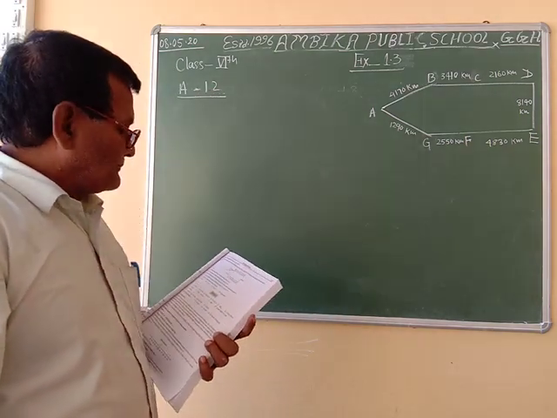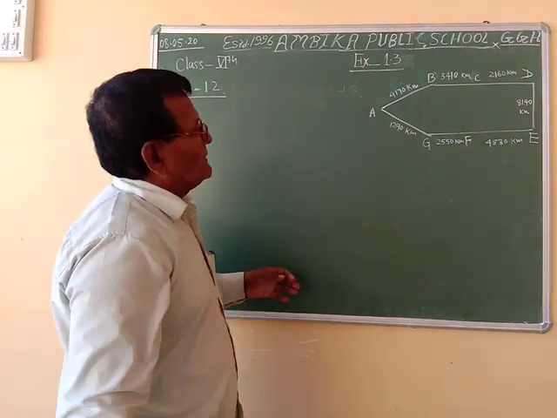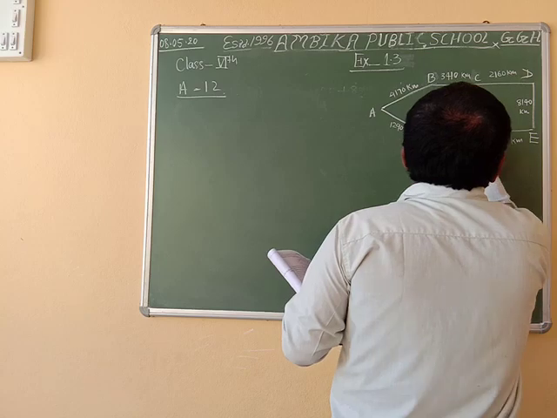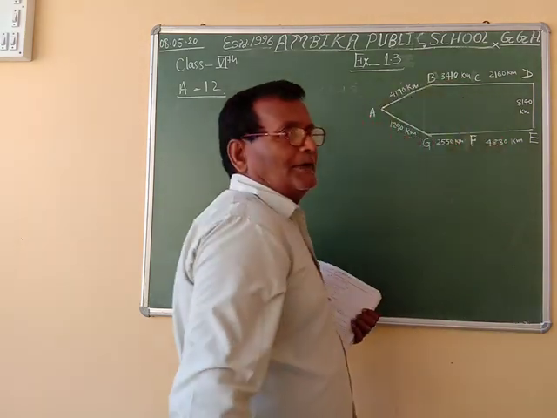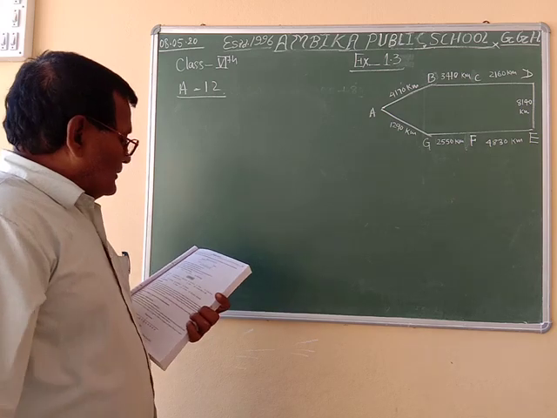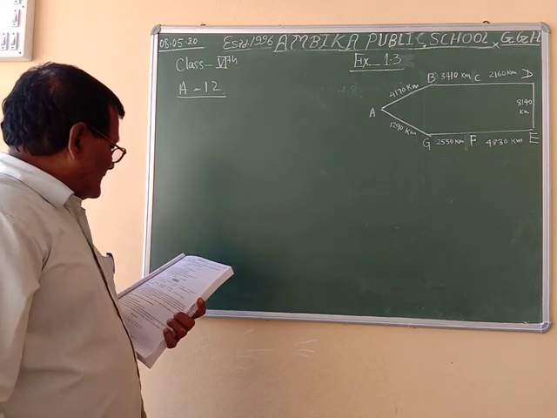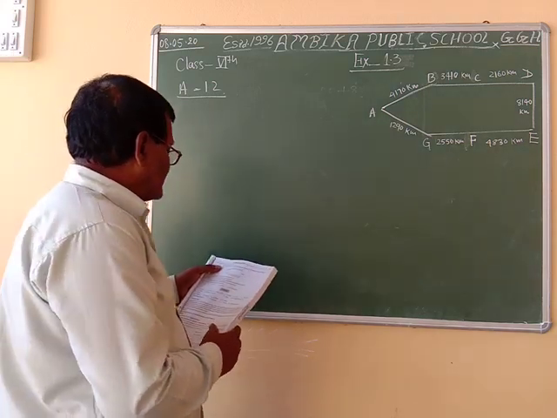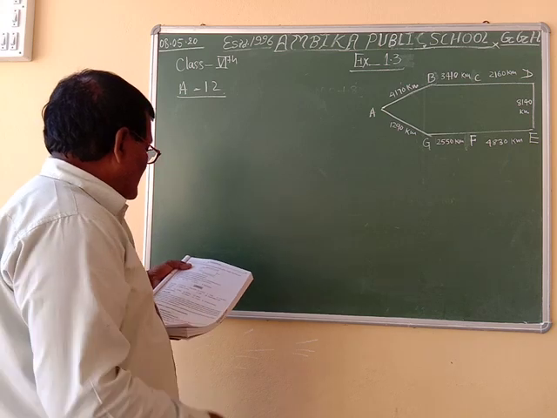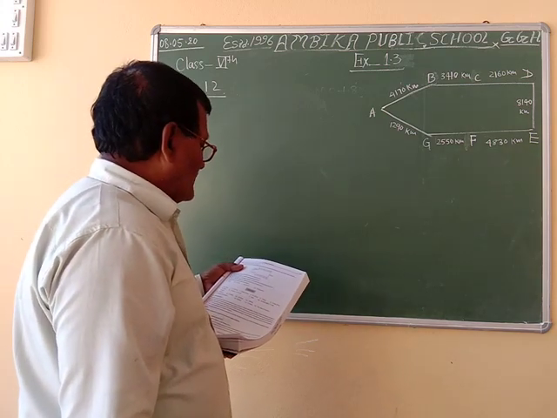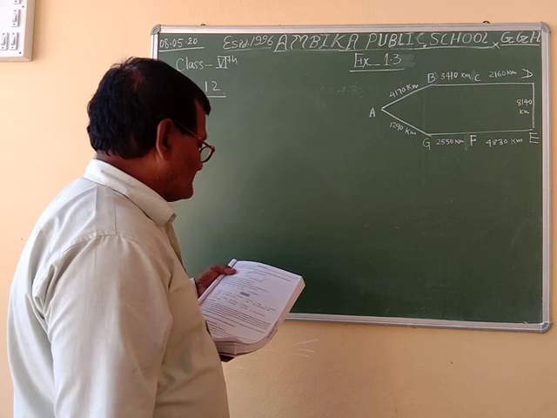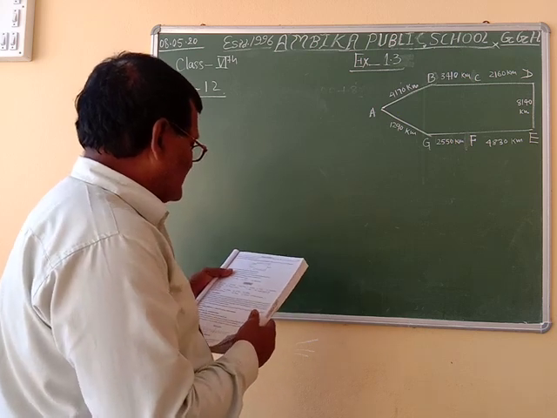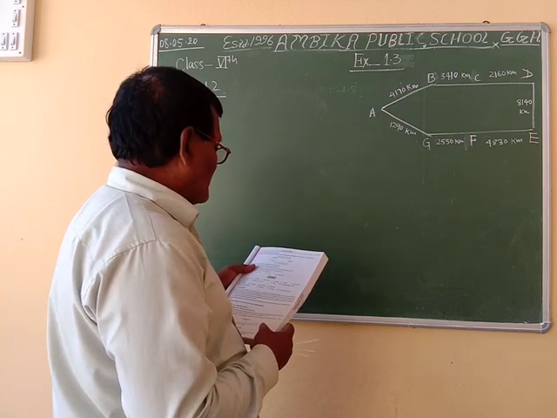Here is your diagram: A, B, C, D, E, F, G. According to this diagram, you have to give the answer of the given question. A bus started its journey and reached different places with a speed of 60 km per hour. The journey is shown below. Find the total distance covered by the bus from A to D.